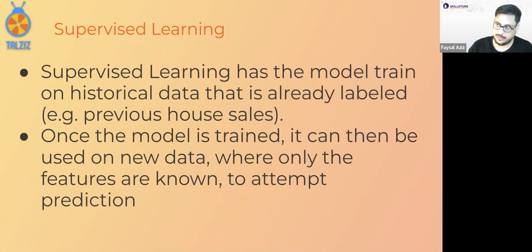Supervised learning. Now, we have seen basically how it is. But how does it actually operate? First thing you need is data. That's the first thing you need, data. You need quite a lot of data.